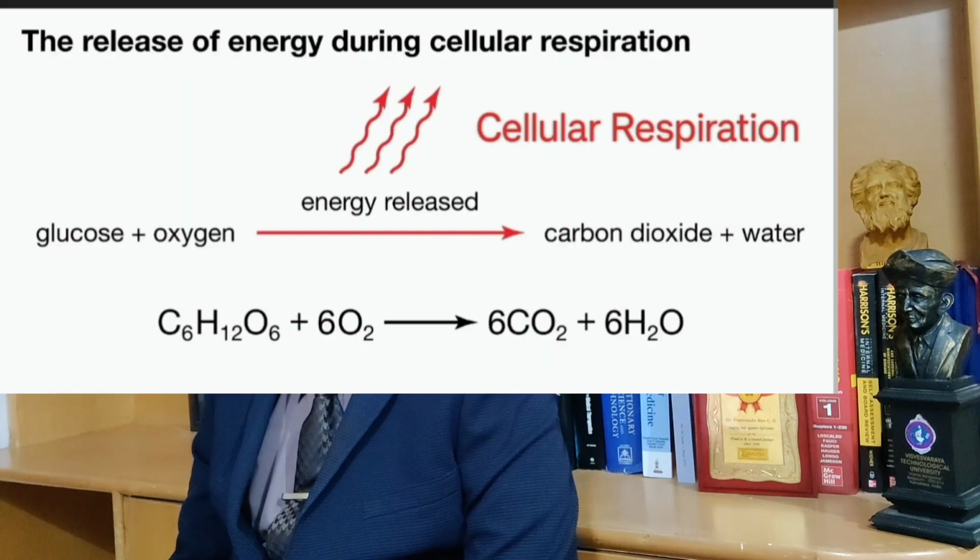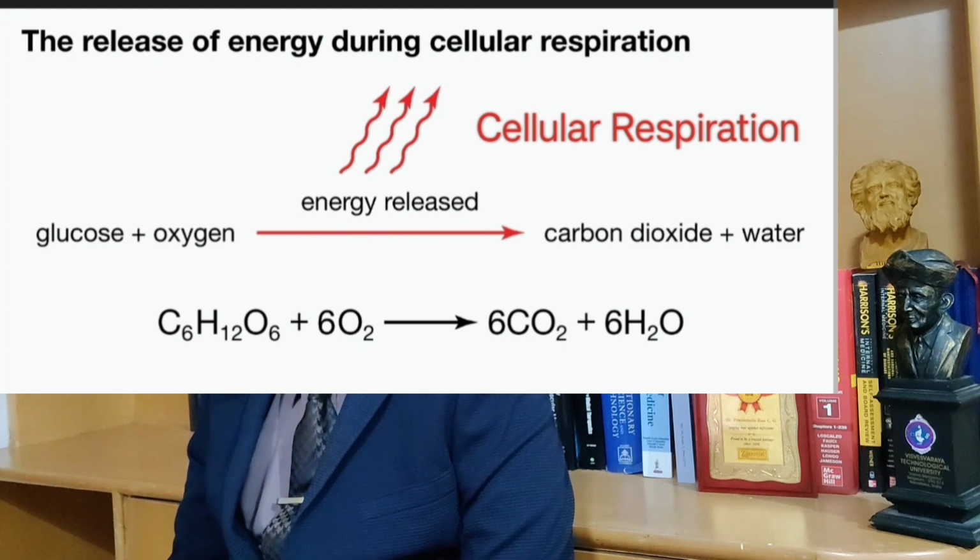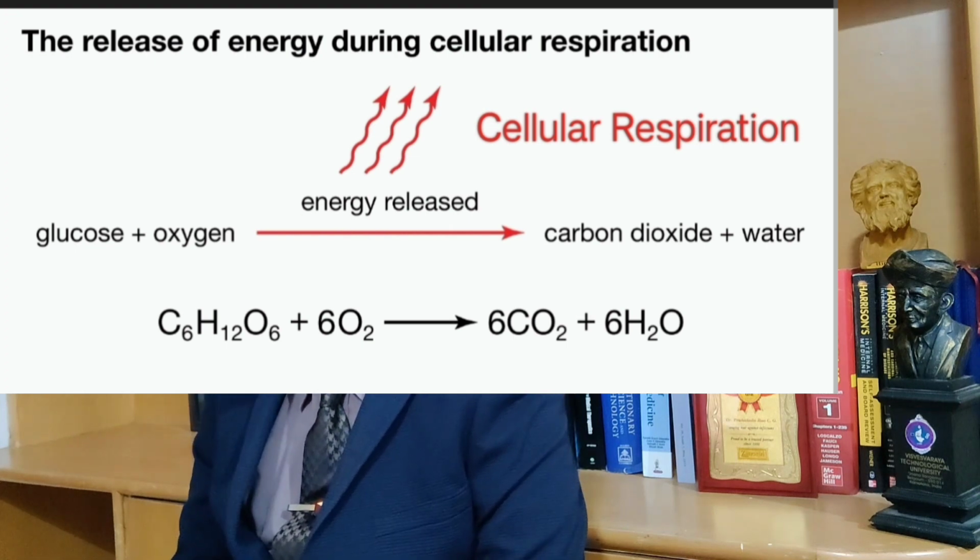Doctor, this glucose contains C6H12O6, and it combines with oxygen O2. So the result is carbon dioxide and water. So this entire chemical combination is converted into water and carbon dioxide. Where does this energy come from? That is important. With the help of hemoglobin,